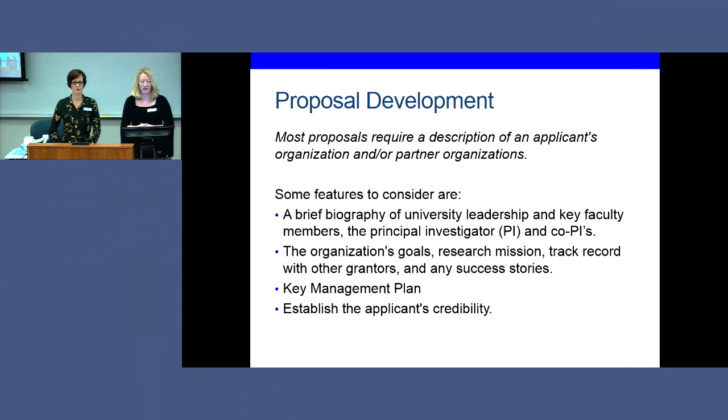So it's very important that you have all of these details included when it's especially asked for by the funding agency. And some of the ways that you can do this is a brief biography of university leadership. And university leadership and key faculty members and the principal investigator, it just really depends what the proposal's asking for or the RFP's asking for. However, it can be a description all the way from the president down to the department chair over to the PI and every team member that they're going to have on the project. That's where you have to read the RFP and figure out what the best way to describe your applicant organization